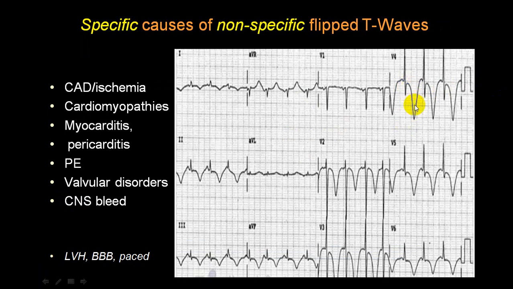Here you can see a deep T wave inversion. This is called a flip T wave, very frequently seen in a case of a central nervous system condition, that is intracranial hemorrhage or raised intracranial pressure. And sometimes you can also see it in a case of cardiomyopathy. So do keep it in mind, and it will be global changes. You can see it in lead 1, lead 2, lead 3, aVF, V2 to V6. This is global changes. So do keep it in mind. You can get it sometimes in a non-cardiac condition like raised intracranial pressure, intracranial hemorrhage also.